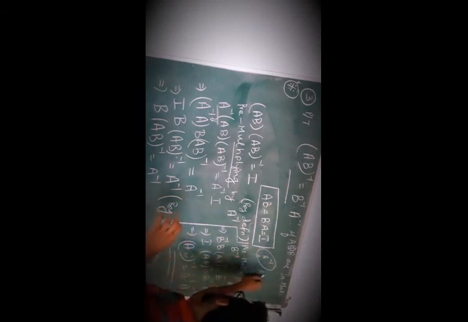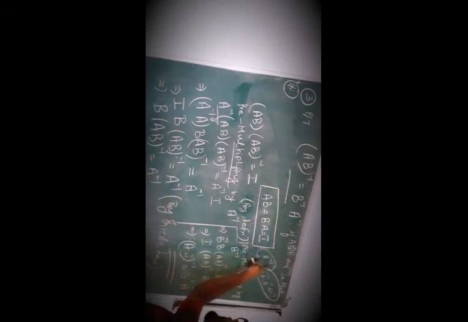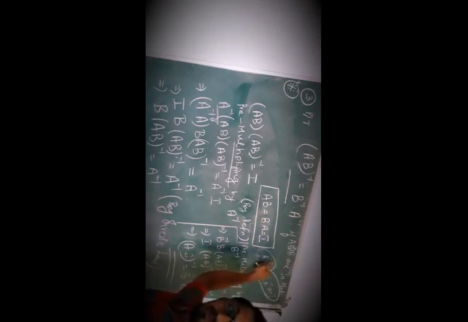That means A into A inverse is equal to A inverse into A is equal to I. Yes or no? This A inverse is nothing but matrix B. Inverse of a matrix A is denoted by the letter A inverse. That's why A inverse. Is it clear? Now we'll move on to the proof.